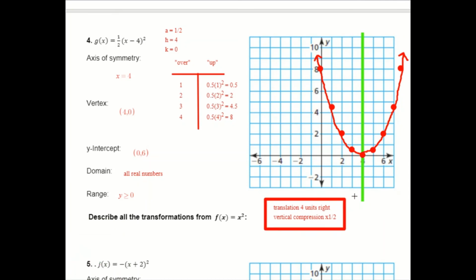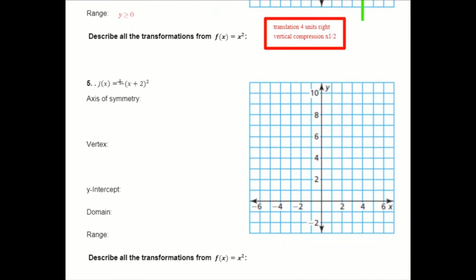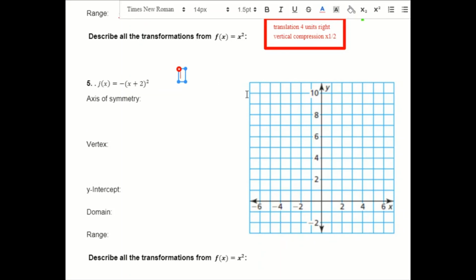We got one last example problem here. Here's another one where you don't see the k value, and you actually don't really see the a value very well either, and this kind of goes back to what I was talking about before, where if you don't see a number there, it's assumed to be 1, and if all you see is a minus sign, then it's -1. So just to be very clear about what my parameters equal here,